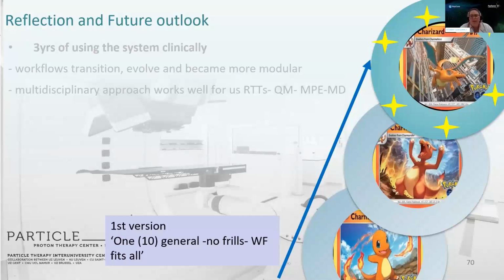So we really started off inexperienced with our first version, where there was one general all-encompassing, really long workflow with no frills, so that mentality. In reality, we did have more than one workflow. Of course, we had deviations between anesthesia, non-anesthesia, pediatric, non-pediatric. We also had a dedicated CSI workflow, some dedicated intracranial workflows. One frill back in the day was the QA workflow, which was basically a shortened version of the really long RayCare workflow. So mostly back in the day, our workflows were really long and all-encompassing,